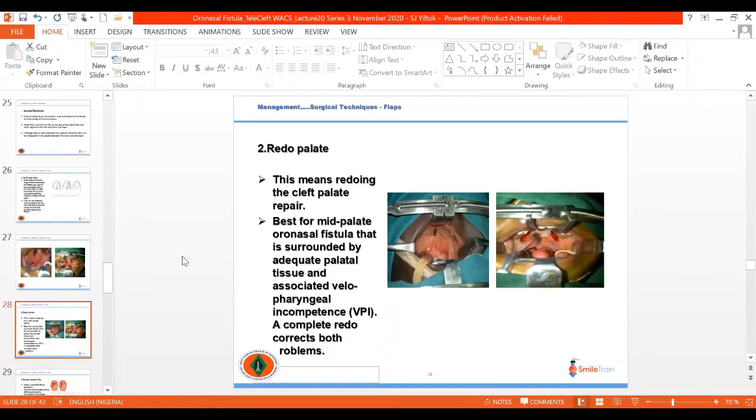The third technique or method is the use of a buccal mucosa flap. This method is used commonly for a number of fistulas, commonly the fistula type 3 and type 4, as well as 4 to 7, depending on where